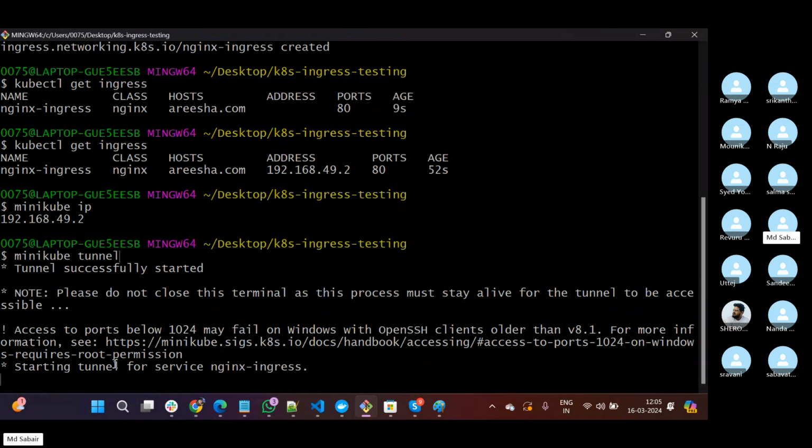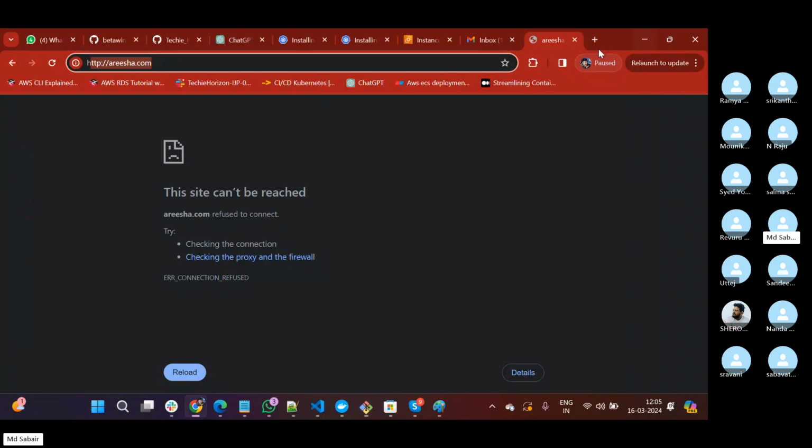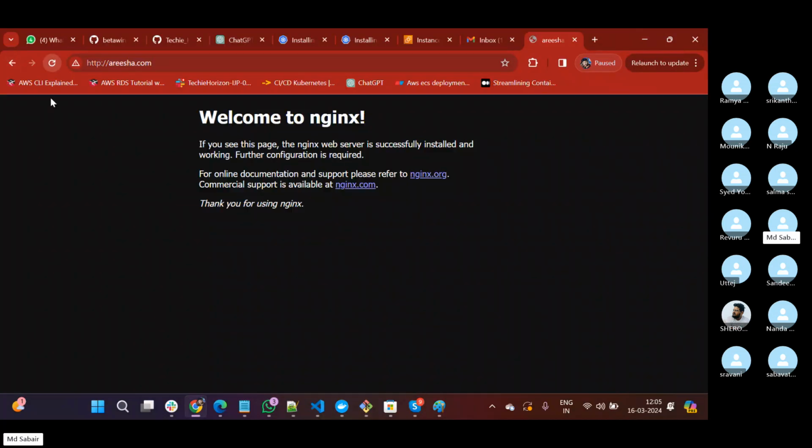You cannot close this window, so it will take some time. Once you have opened your tunnel, if I refresh this, now see, welcome to Nginx. Earlier it was blocked, now it is working because the tunnel is open. But apart from this, for example,